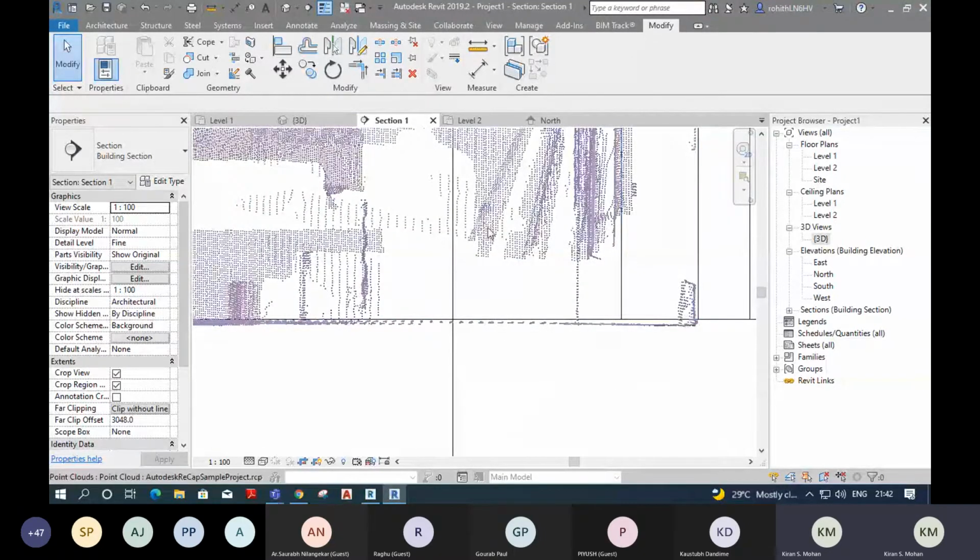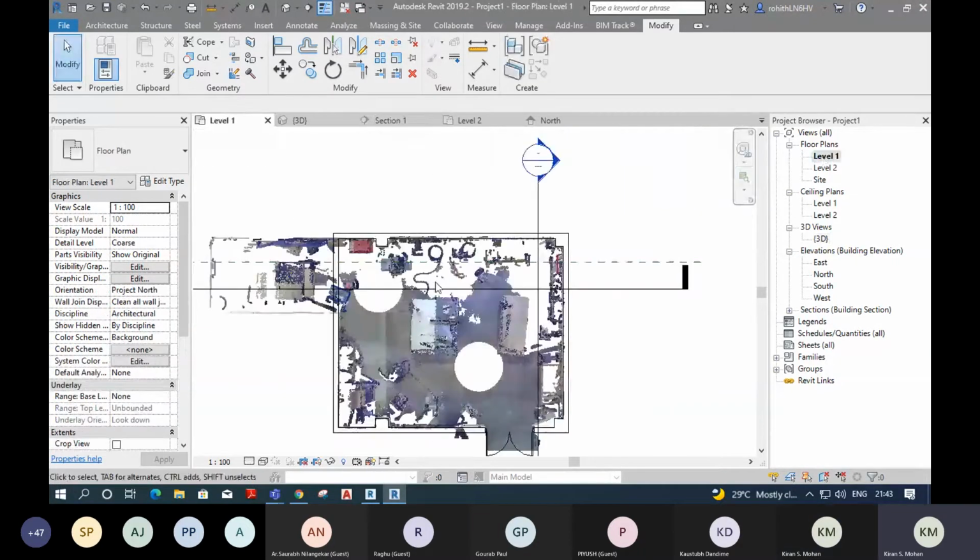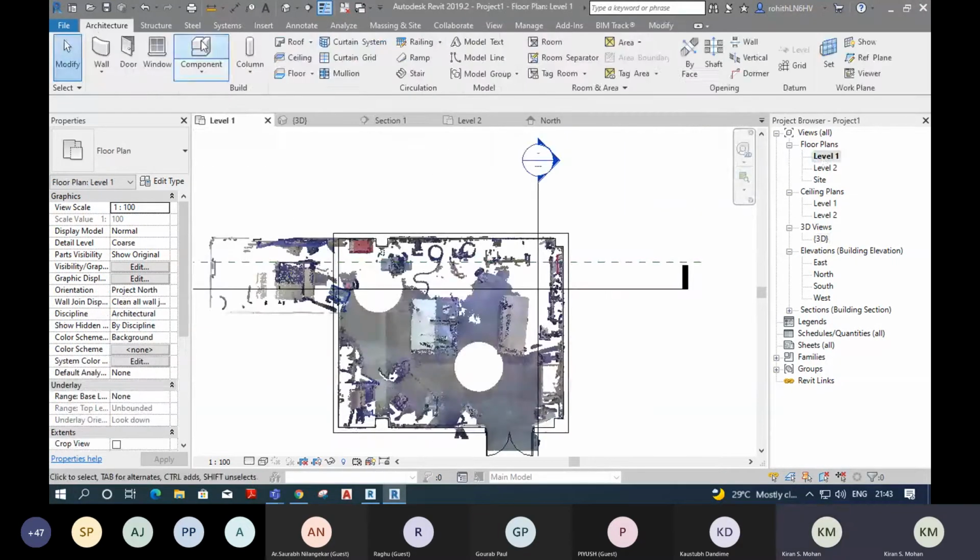Now we can go to the architecture, go to floors. I am not using structural floor here. Okay, let it be generic 150 mm. Select OK. Go to 3D. Now go to sections.